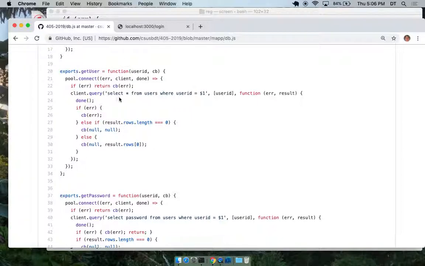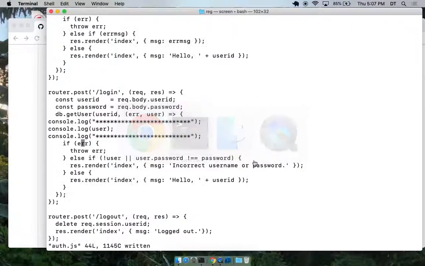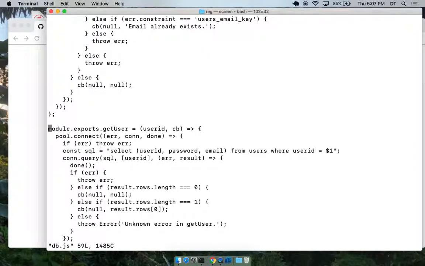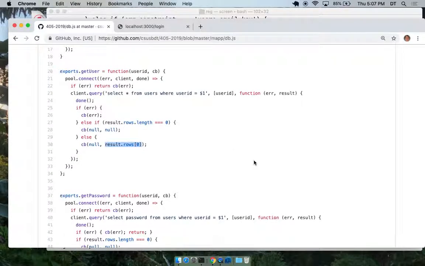Here's the get user, and I just sent this, right? Rows of 0. Is that what I'm doing? Try sending just result and see what its format looks like. CB result.rows of 0. That's what I'm sending, right? That's what I'm doing. Result.rows of 0.